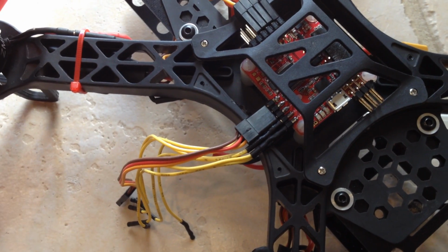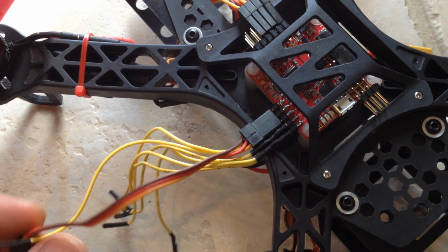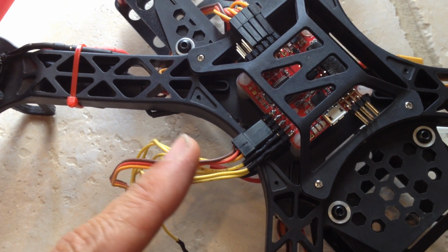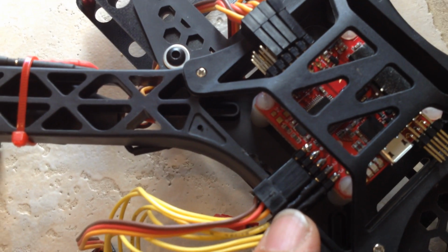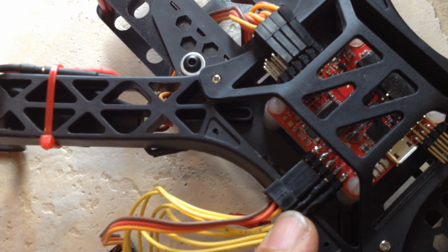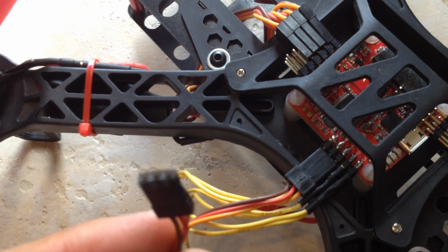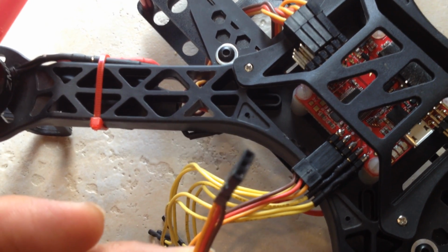I'm not going to show you how to do that here. I'm just going to show you how to plug in your receiver to the NAS32. The confusing part for me was that even though I knew that the NAS32 can handle more than 4 channels, the pin headers on the board were a little odd because it didn't seem like there were enough pins for me to plug in my servo leads, my servo wires, and it didn't make sense to me because I'm used to seeing 3 wires each time